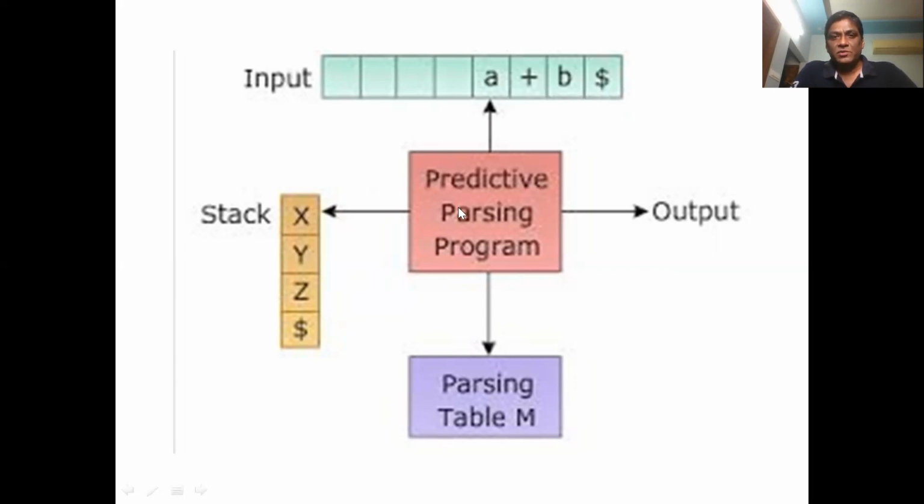The predictive parsing program is also connected to a stack, in which a dollar is placed at the beginning to indicate that the stack is empty. You can use any other method to indicate an empty stack. And this is the most important component of the predictive parsing program, the predictive parsing table, which is used to identify the action to be taken by the predictive parser. Finally, it produces the corresponding abstract syntax tree or parse tree if everything goes right.